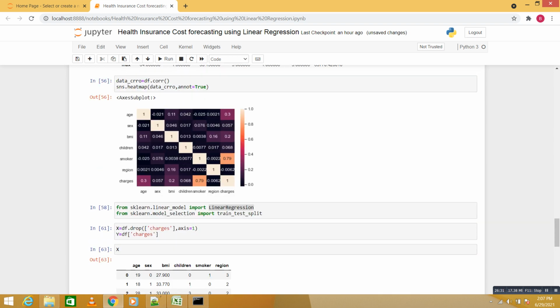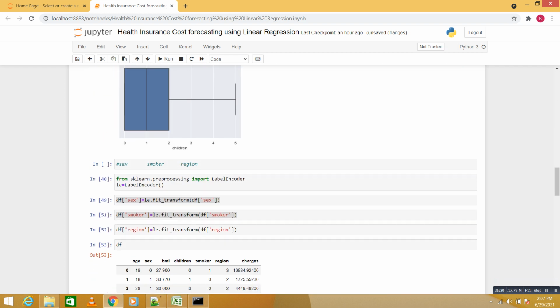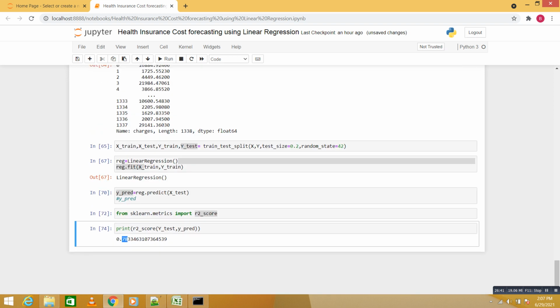So now the question comes: why 78%, why not 90%, why not 80%, in terms of prediction value or prediction confidence? I already explained that.